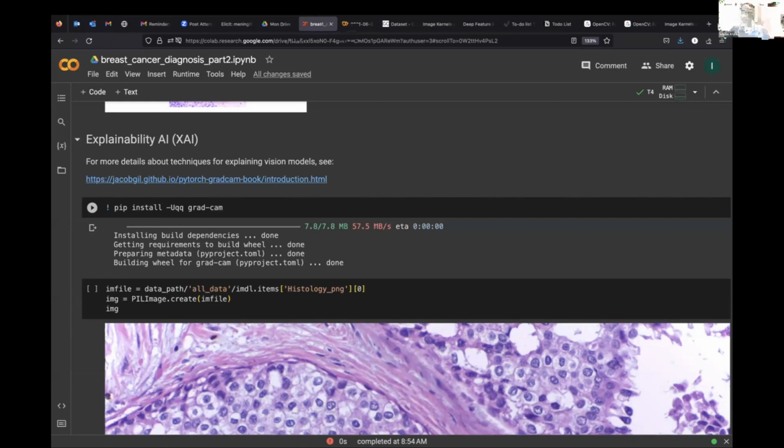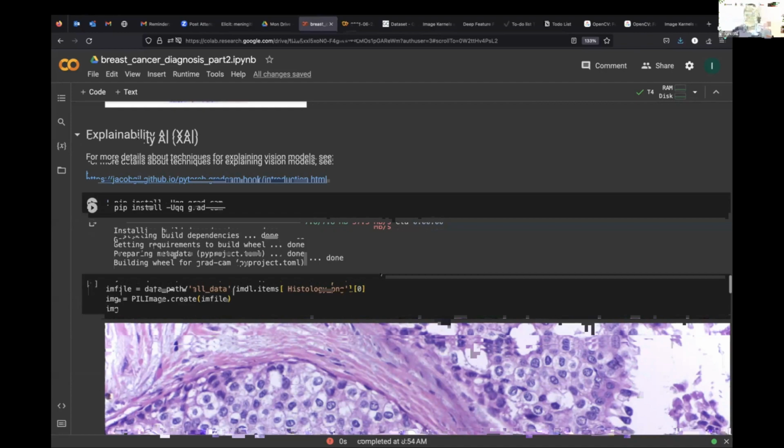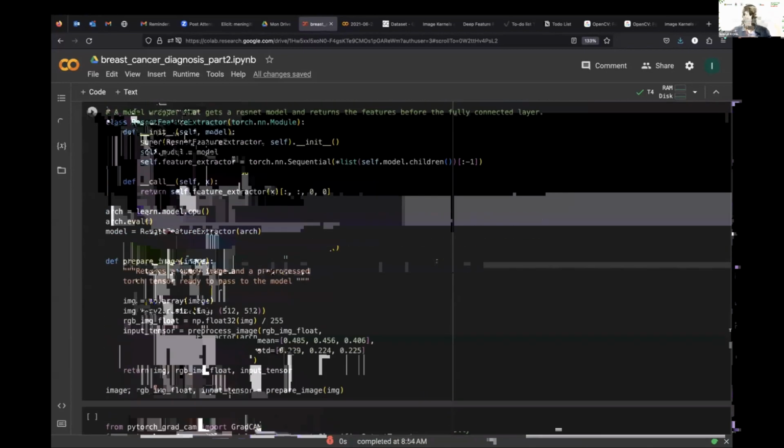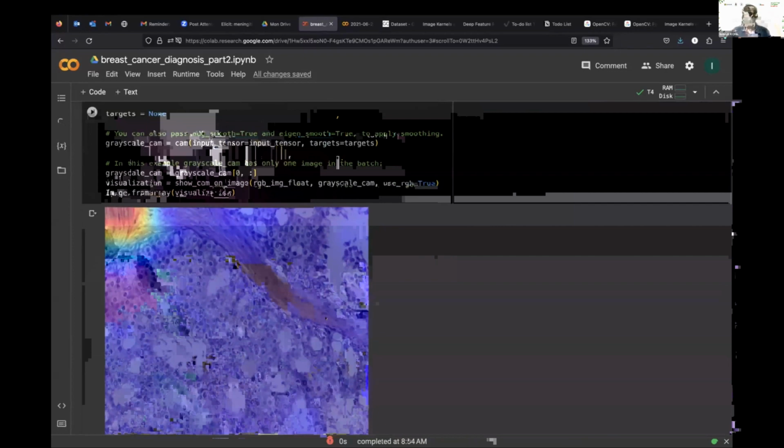Most of the time, when we are training the neural network, we don't modify the image, because the image is the thing that is natural. We don't have to modify it. It comes from nature. But with this method, the idea is to see how the variation of the image impacts the result. With that, we can see which pixel contributed most to the result that we found. This is what I show here. It's like a heat map where the more red means this is the part that contributed most significantly